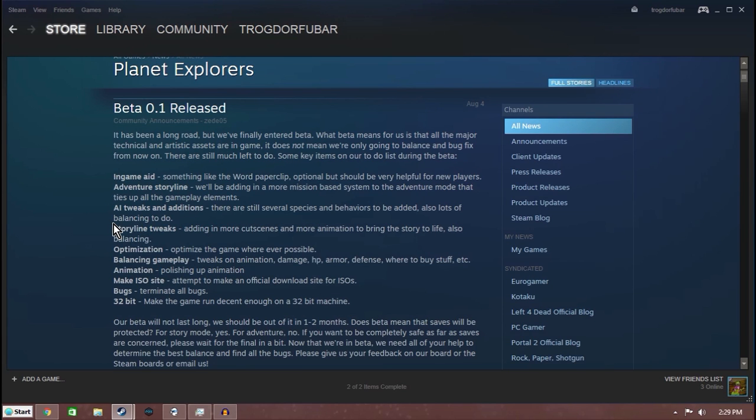Everything that is planned to be in game is in game. The assets, the technical assets, artistic assets, those are in game. All the big ones. Typically,